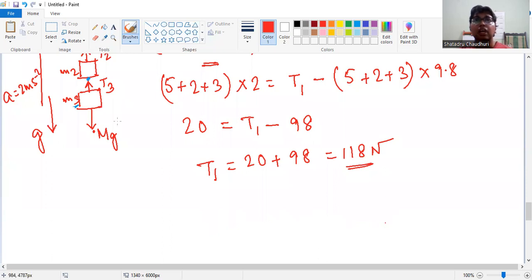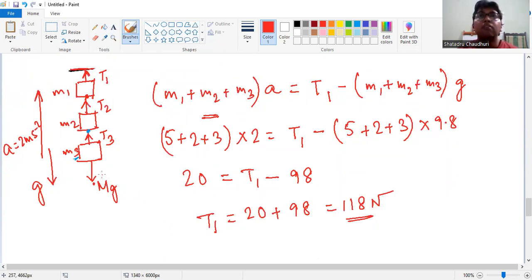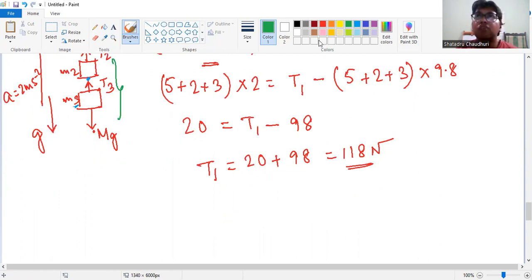Next, if we need to find out T2, the concept is the same. These two parts are important because T2 is acting at this particular point. So in the next case, we can write the equation of motion something like that. Since the whole system is moving with an acceleration of 2 meters per second square,